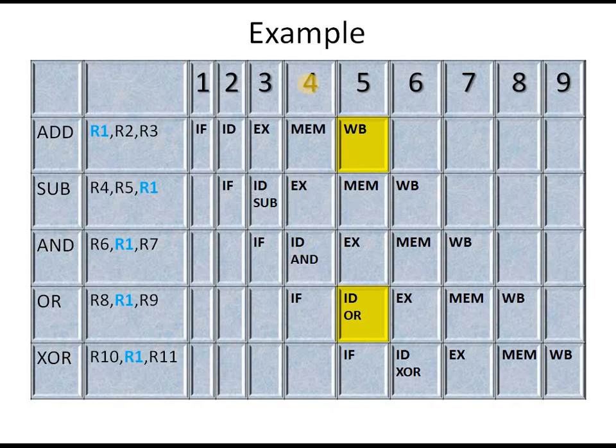Thus, the AND instruction that reads the register during cycle 4 ID will receive the wrong result. The OR instruction can be made to operate without incurring a hazard by a simple implementation technique. The technique is to perform the register file read in the second half